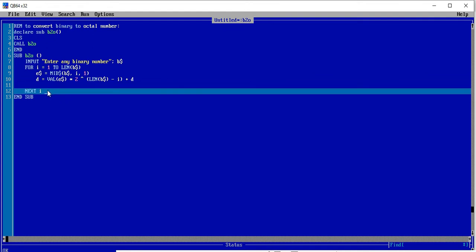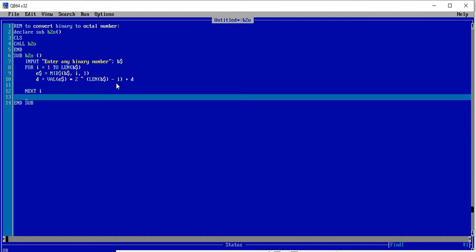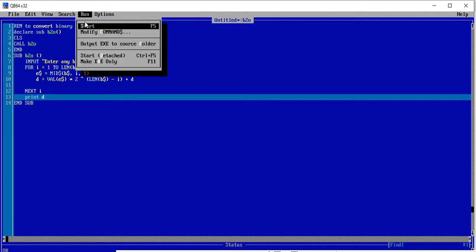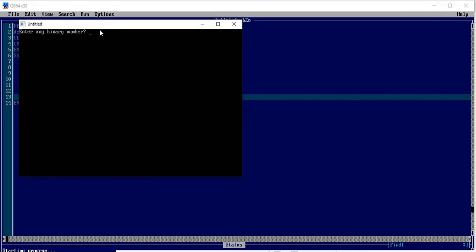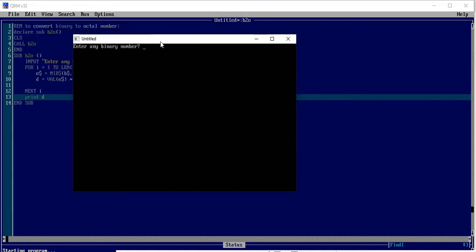Let me show you by printing D. Let's check whether our program is correct so far, and run this program by pressing run and start. This program will first convert the binary number into a decimal number, then we will convert that decimal number into the corresponding octal number.